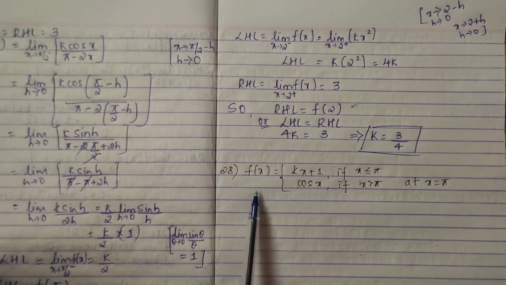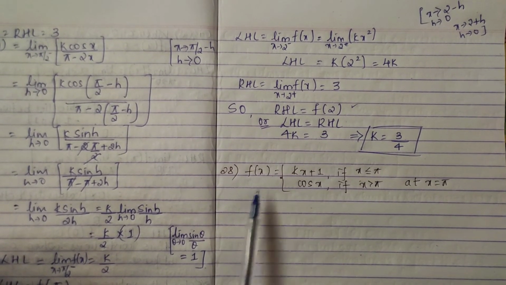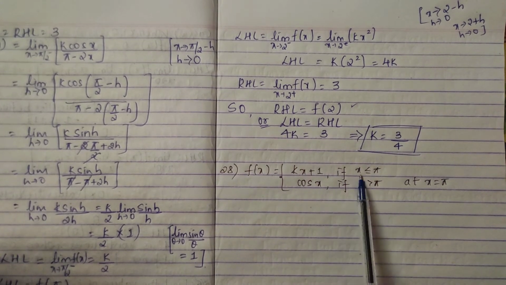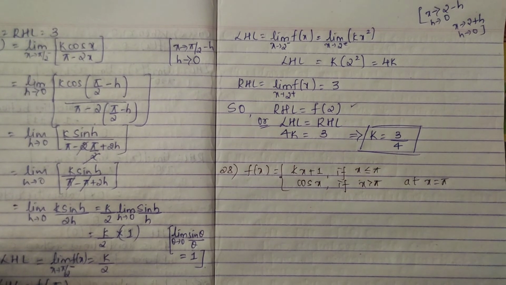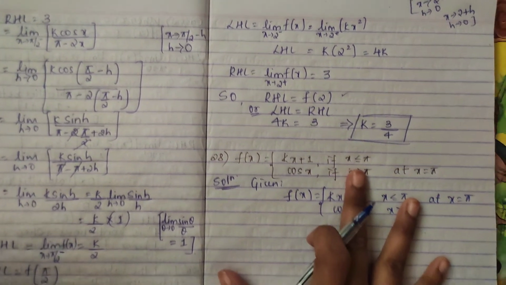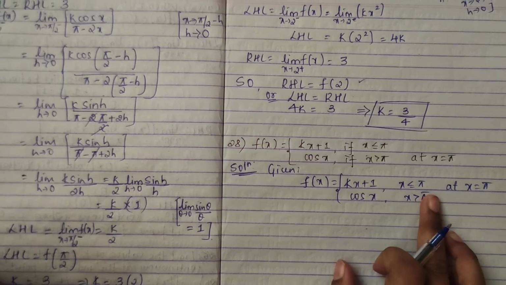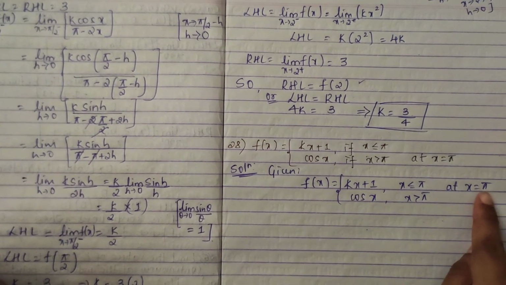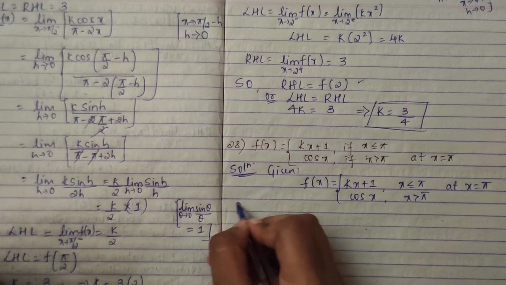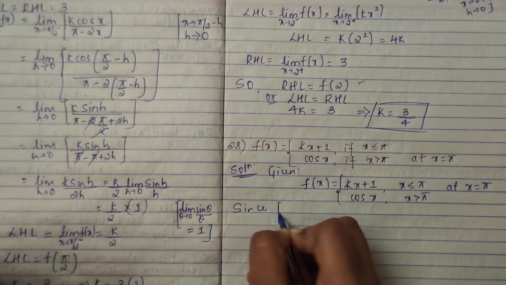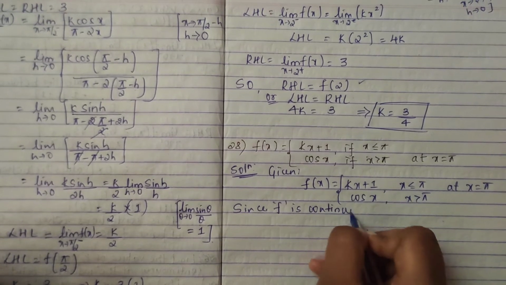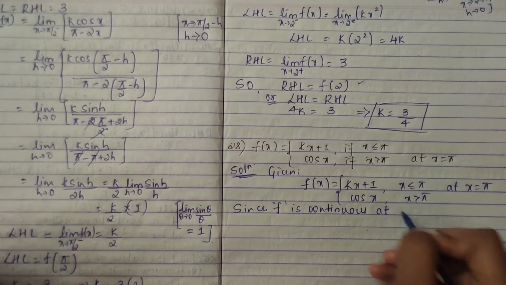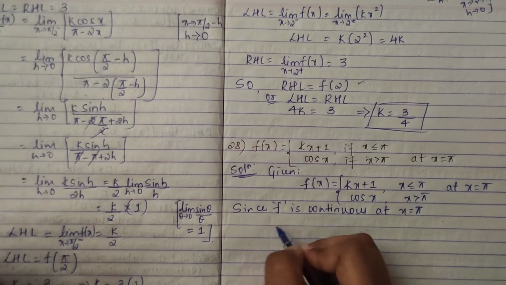Next, your second question, in the same pattern. f of x is kx plus 1 if x is less than or equal to pi, cos x if x is greater than pi, at x is equal to pi. So I have written the solution given right as it is. In the same way, at pi they are asking us to find the value of k. So how will we write? Since f is continuous